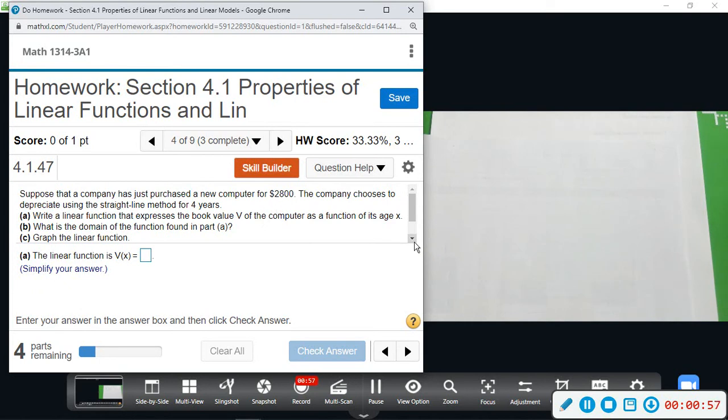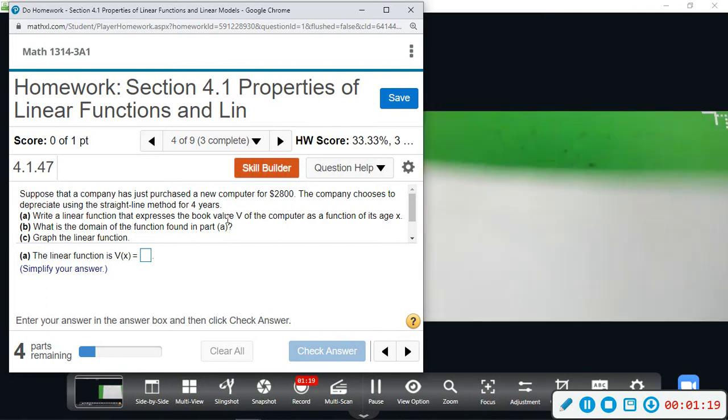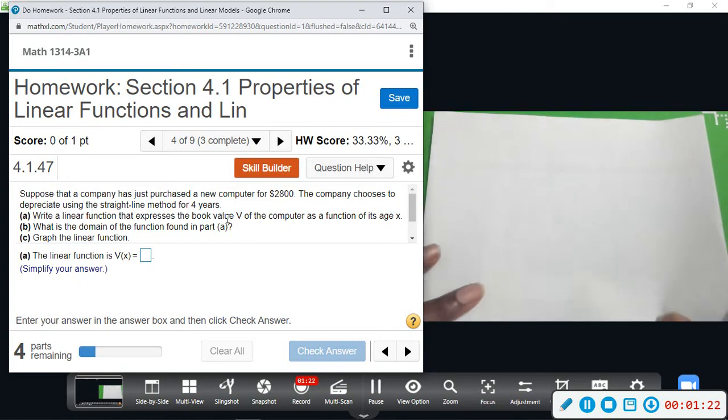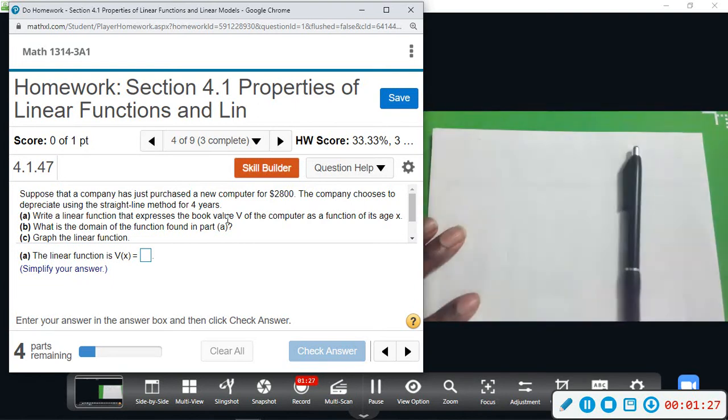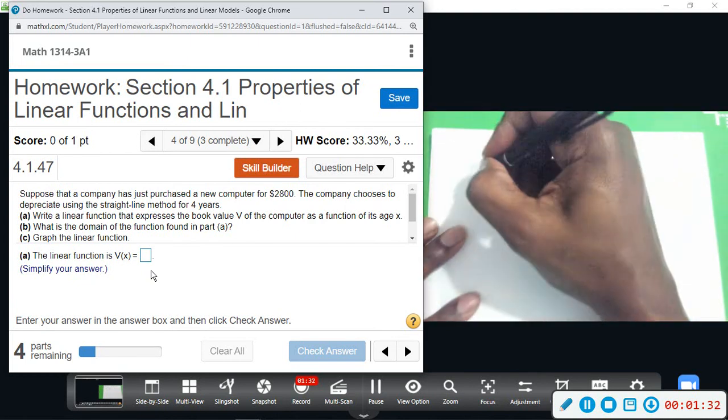based on the information that we have, the computer costs 2,800, and then they're going to depreciate it for 4 years. That means after 4 years it will be obsolete and have no value. So the first thing we need to do is figure out what our rate of change will be. So this is what we will do. We will say V of x, that's the variable that they show here. That's the function notation, the value of this computer